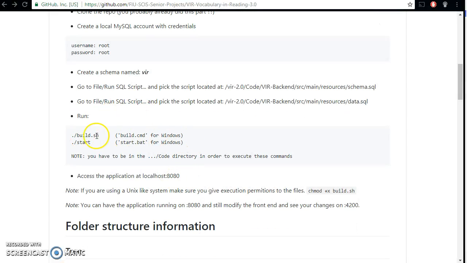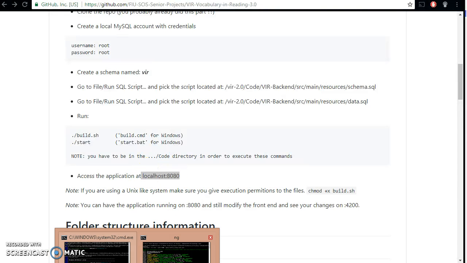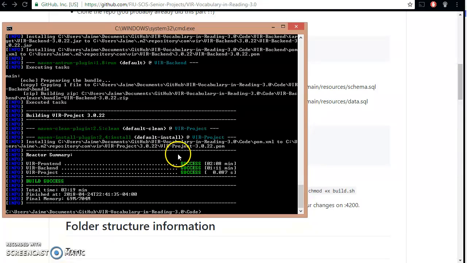Once you have that, you would need to run build for Windows or build.sh for Unix systems. This is going to build the front end, the back end, and the project as a whole. Once you have that set up, you need to have everything green. I will show you in the next screen, but you need to be in the /code directory to execute either of these two. And to access the application, there's going to be a localhost 8080. So once you have run the build command from the /code,